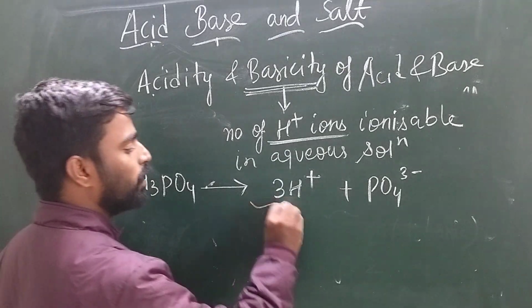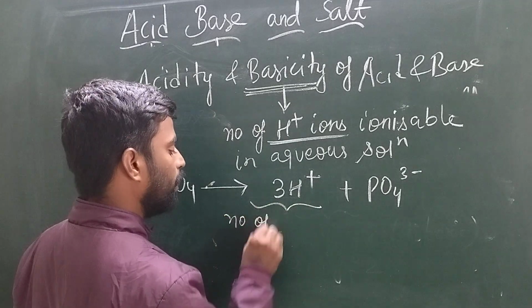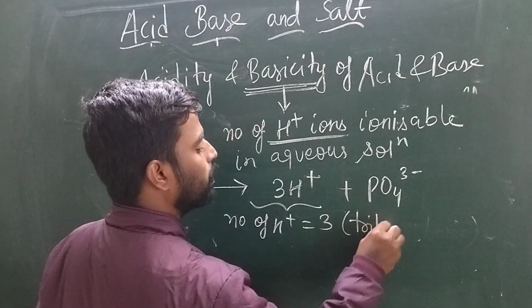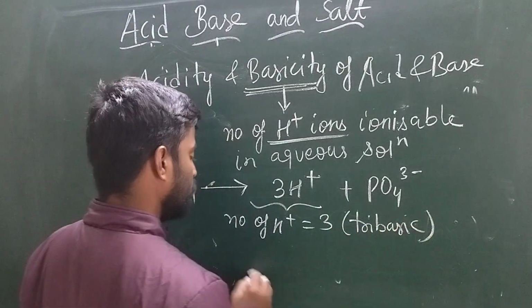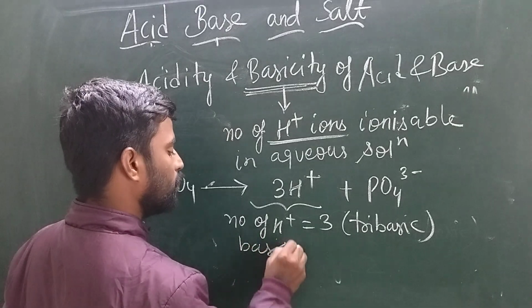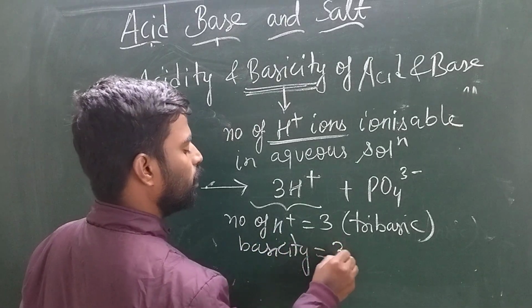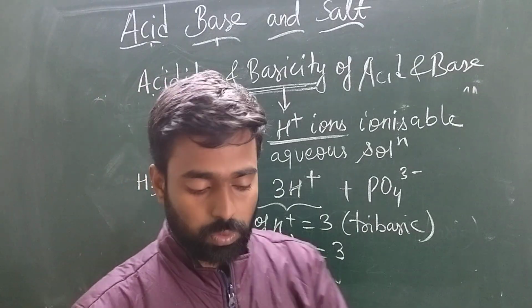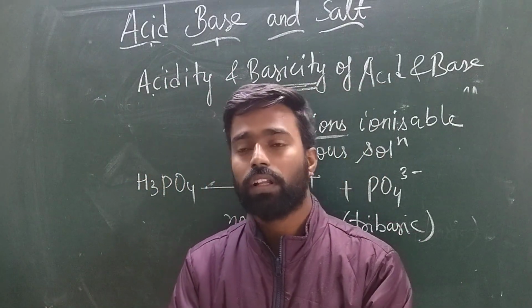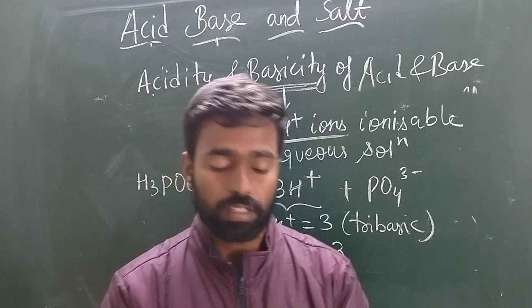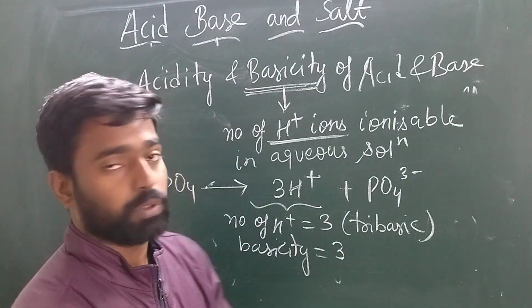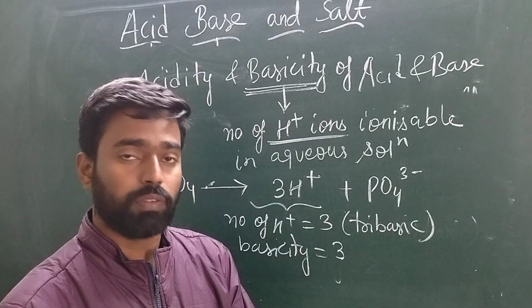The number of H plus ions is equal to 3, so it is tribasic and its basicity is 3. So we have discussed 3 examples of basicity: HCl, H2SO4 and H3PO4, meaning hydrochloric acid, sulfuric acid and